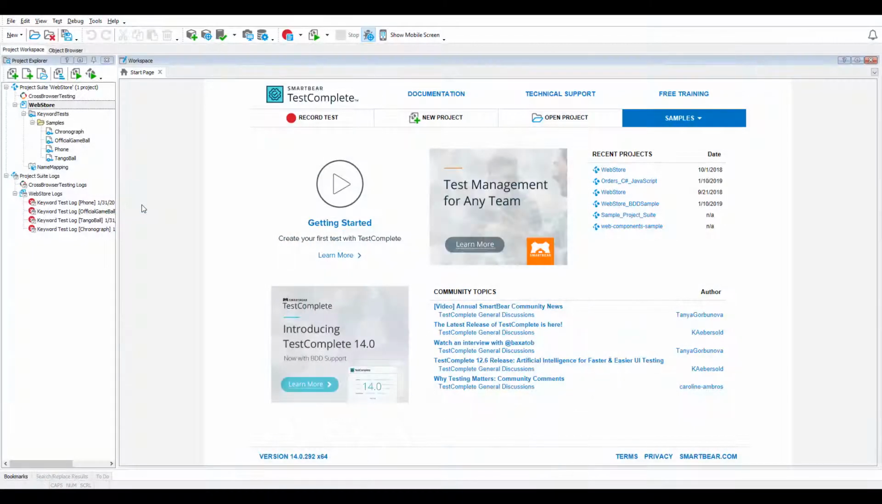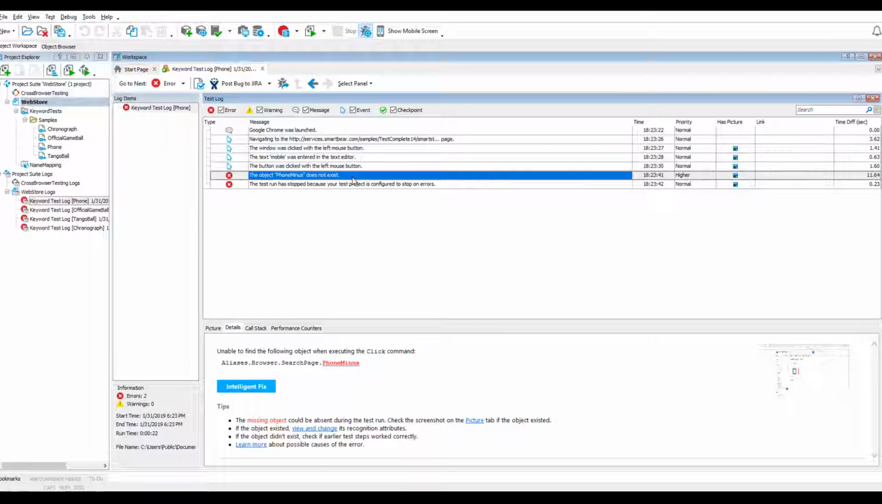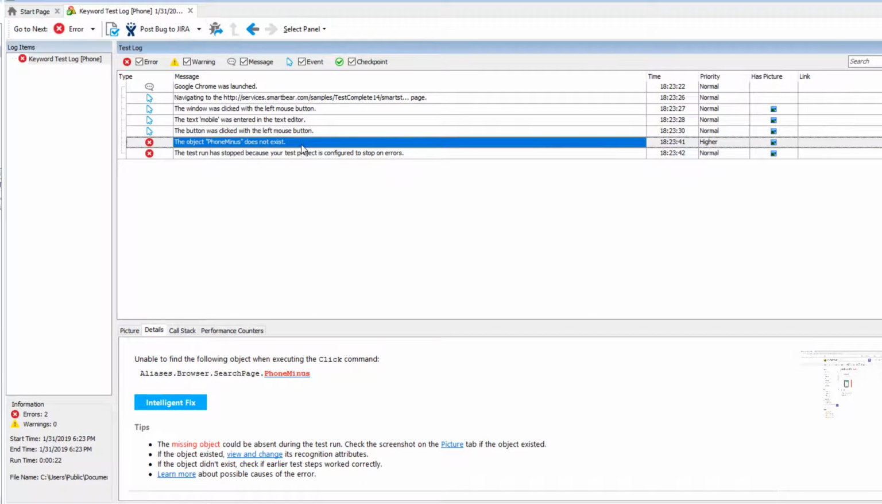Suppose that we have a project that tests a web store application. Look at this test log. The self-healing test run mode was disabled, and when the test has failed to find the phone minus object, it reports the error. First, let's check if there are any other errors or warnings preceding the object does not exist